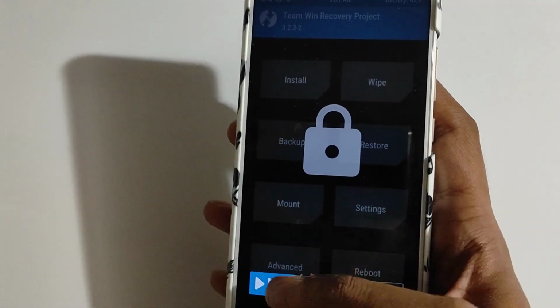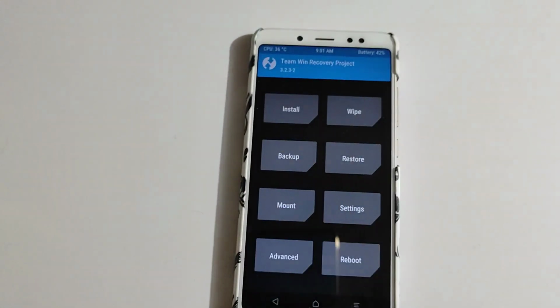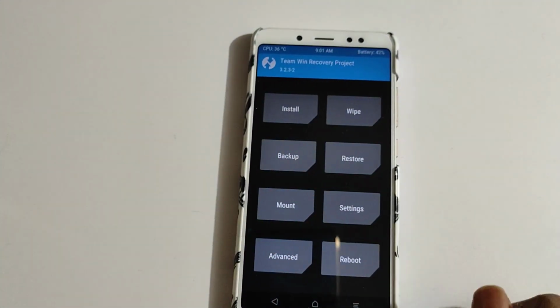So as you can see, right now I am on the recovery mode, as you guys know. Now all I have to do is install the zip file. So I already downloaded zip file on my flash drive, which I'm gonna connect to my phone.